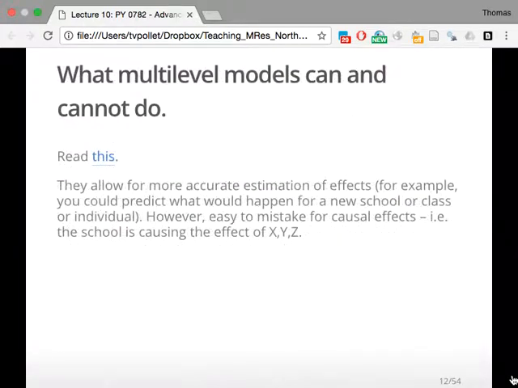So, quite dry. I should also tell you what multi-level models cannot do. You can read a paper on that. They allow for a more accurate estimation of effects. So you could, for example, predict, if there's a new individual in a certain class, how well would he do? If there's a new class being formed or a new state, how well would it do in terms of performance or economic performance or all sorts of other things? You can use your model to make predictions,